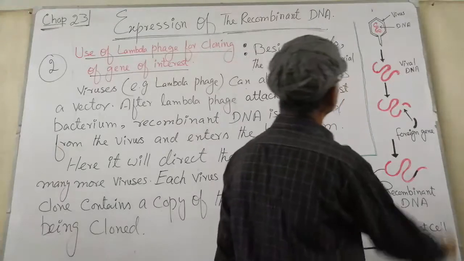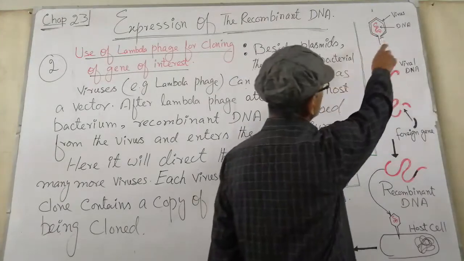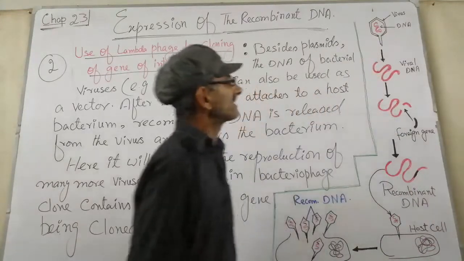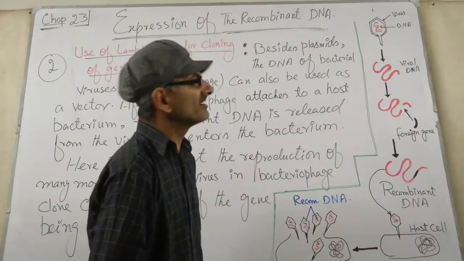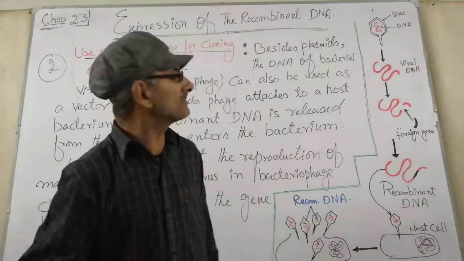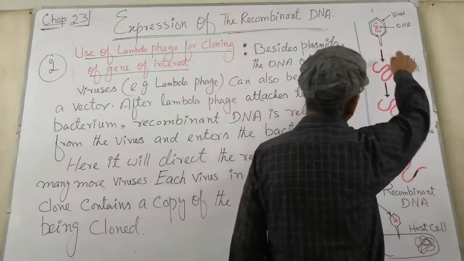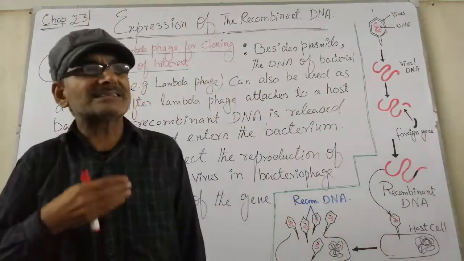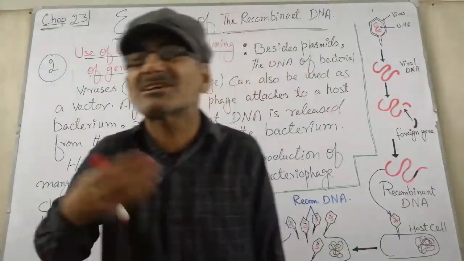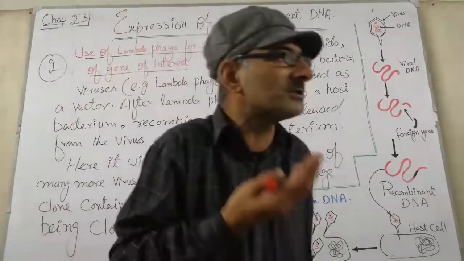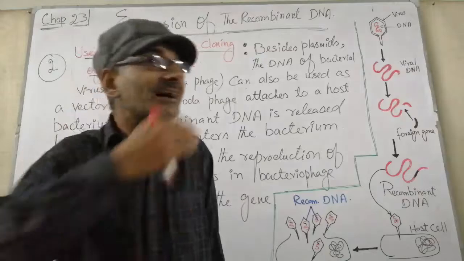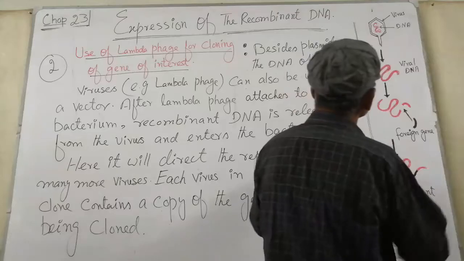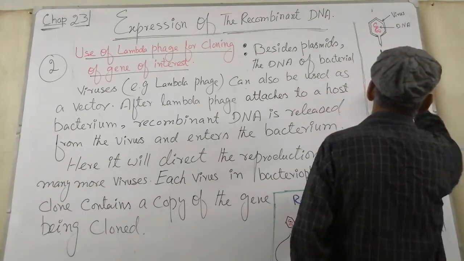See in the figure, this is the lambda-phage. This is the DNA of the lambda-phage. We remove the DNA of the lambda-phage. We will isolate the DNA of lambda-phage from the virus, and this is the viral DNA. And the enzyme, which is known as the restriction enzyme or restriction endonuclease, cleaves this viral DNA and makes the sticky ends. We use the restriction enzyme to cut this viral